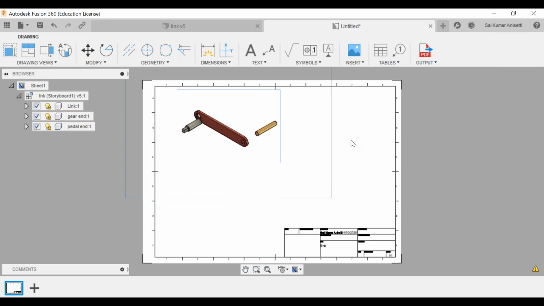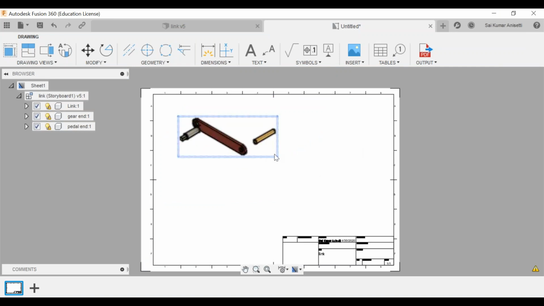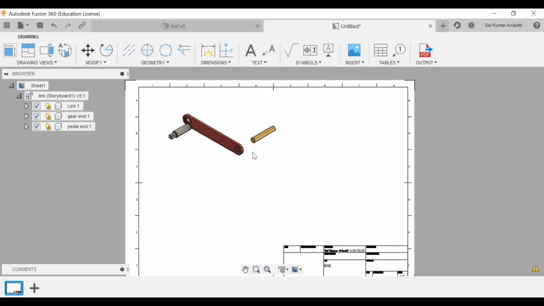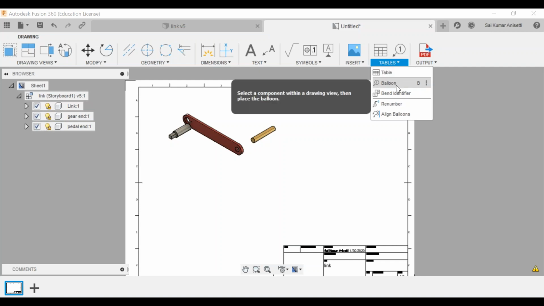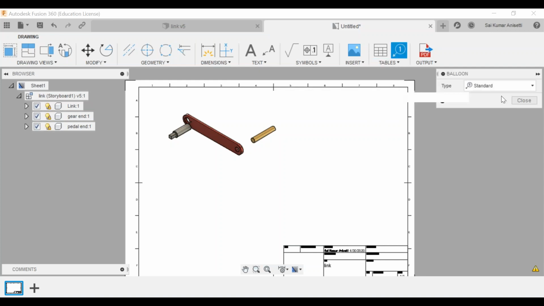Now, I have given this as shaded. Shaded means it actually directly incorporates the actual dynamic color and complexity of this. And you can insert an image, tables. You can insert a balloon view, standard. Okay, fine, parent.